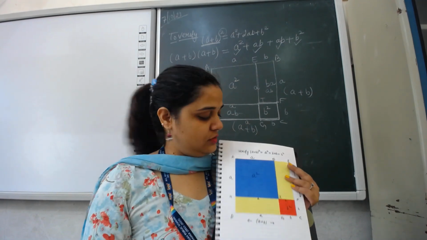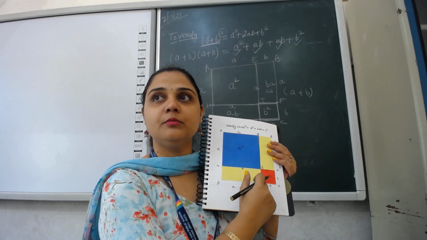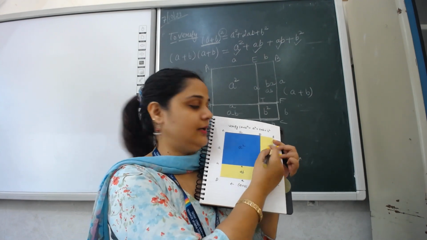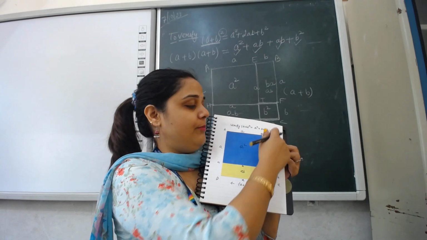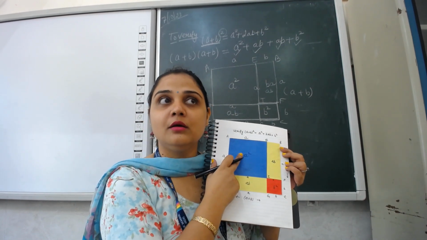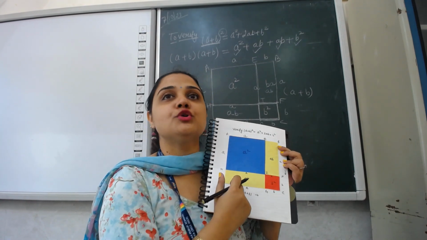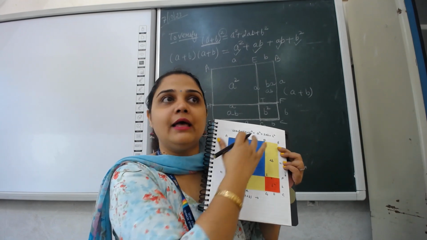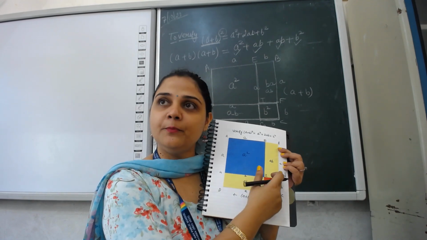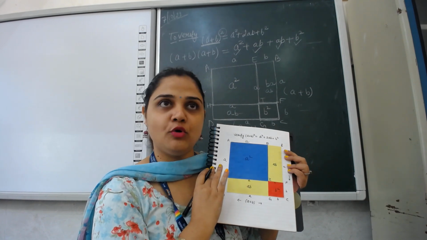Okay. So this portion is a rectangle with length A and breadth B. So it will be AB, and similarly this will be with length B and breadth A. So this is also AB. So A plus B whole square is coinciding with A square, B square, AB and AB. That means sum of these four portions is same as the area of the entire one, right? Sum of four portions is A square plus B square plus 2AB, and the entire one is A plus B whole square. Hence verified. Is it clear to everyone?